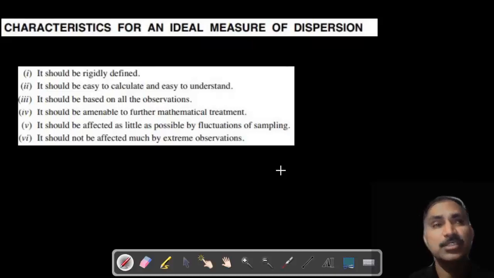जो भी हम प्रोसीजर फॉलो करते हैं डिस्पर्सन निकालने के लिए, मेजर ऑफ डिस्पर्सन जिसको हम बोल रहे हैं, तो वहां पे अगर बहुत ही कॉम्प्लिकेटेड स्टेप्स होंगे तब अंडरस्टैंडिंग अच्छी नहीं होगी और फिर वहां पे प्रॉब्लम शुरू होंगे। Coming to the third point, it should be based on all the observations. जैसे हमने आपको बताया कि मीन में सारे के सारे ऑब्जर्वेशन को कंसीडर किया जाता है। दैट्स व्हाई मीन इज असम्ड टू बी द बेस्ट एस्टिमेटर, अनबायस्ड एस्टिमेटर जिसको हम बोलते हैं।